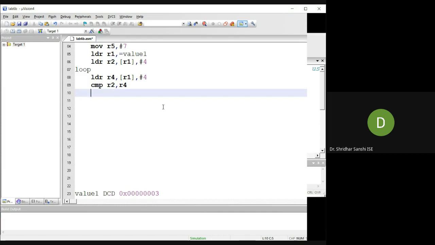What was the branch instruction? BHI. Yes, BHI. Here, if the value is small, we can use the branch instruction called BLS.